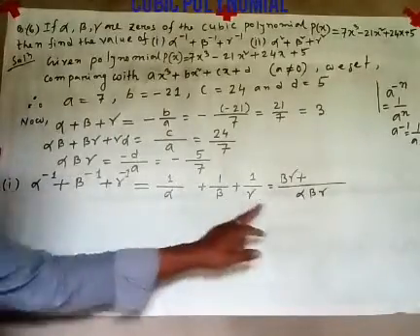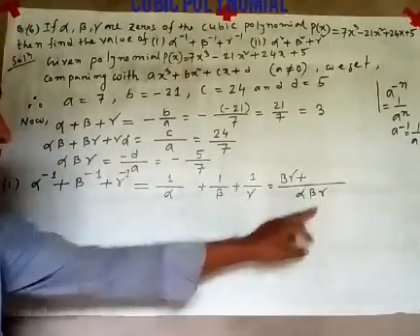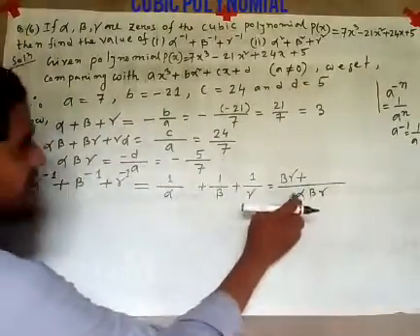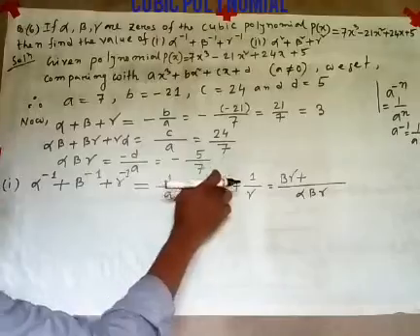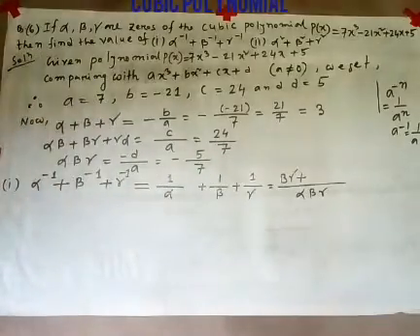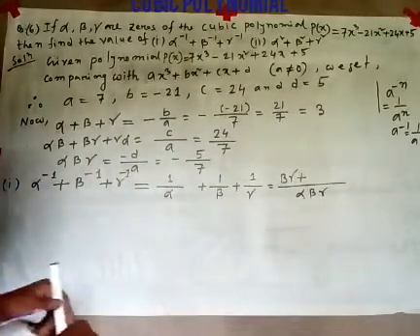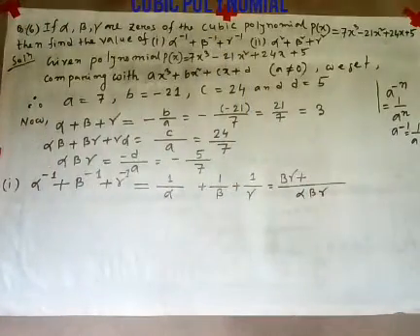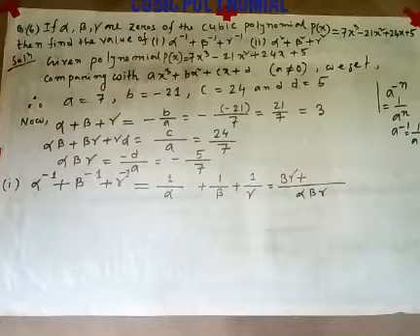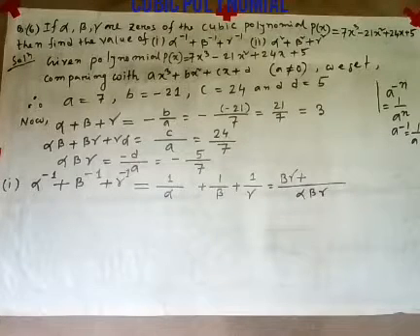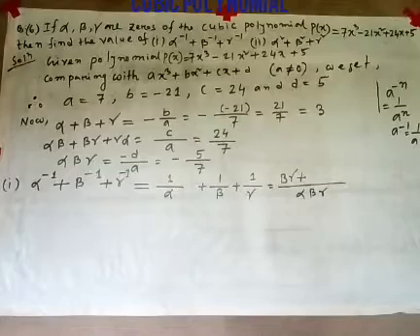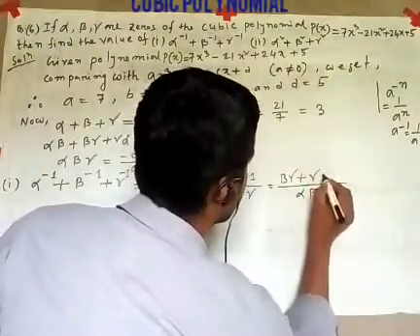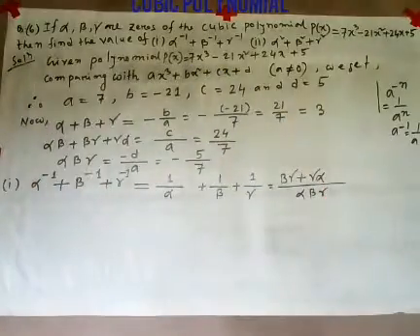Now beta, beta cancel. If beta, beta cancel, then what remains? Alpha gamma. This alpha gamma into 1 means alpha gamma, which means gamma alpha. This is the same, because AB or BA is always the same in multiplication. So alpha gamma remains. We can write it gamma alpha also, or alpha gamma also.